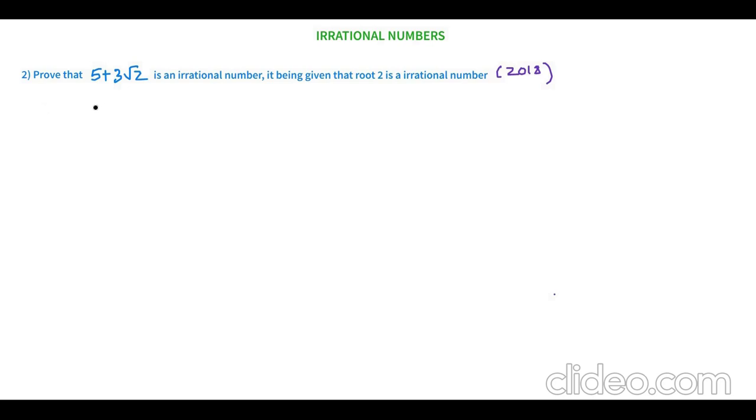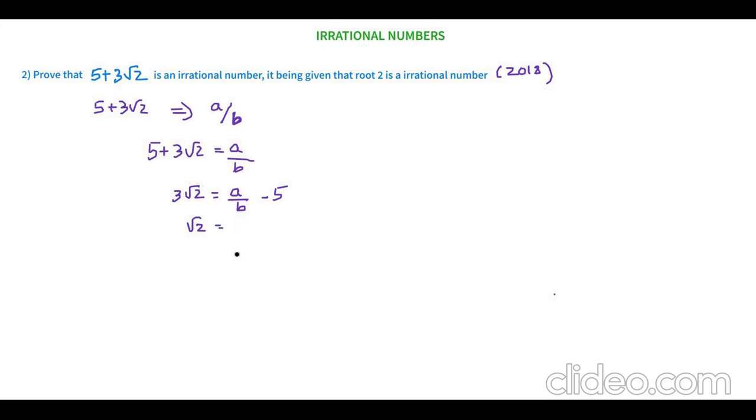What is given? 5 plus 3 root 2. Let us assume this is a rational number. So the simplest form of 5 plus 3 root 2 can be written as a by b. So we will write 5 plus 3 root 2 equals a by b. Now we have to bring the 5 to that side. So this will become 3 root 2 equals a by b minus 5. Now let's bring the 3 to the other side. So this will become root 2 equals